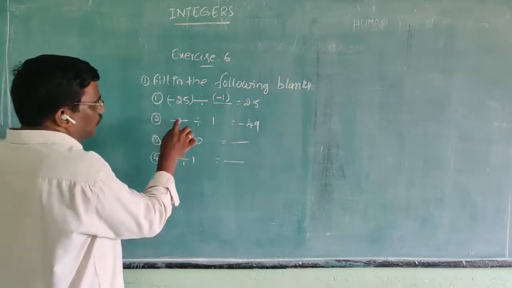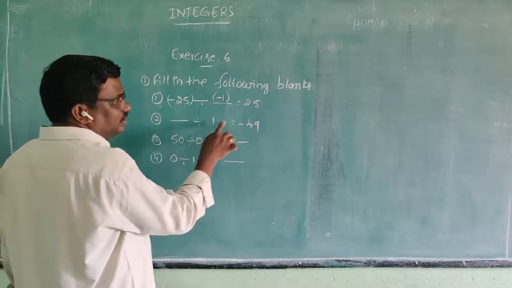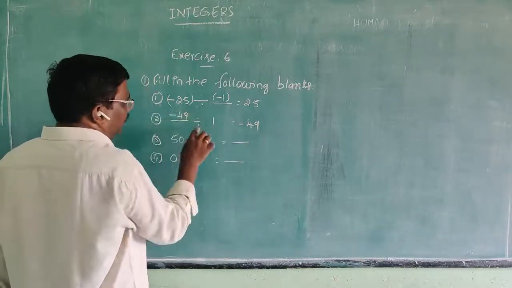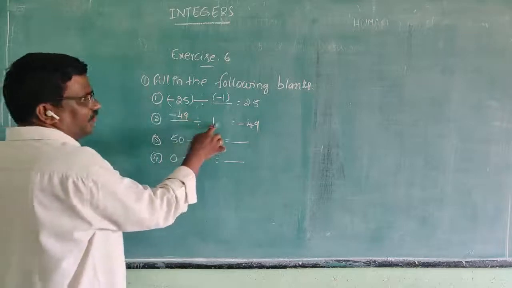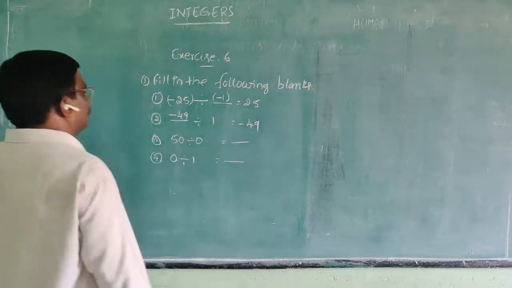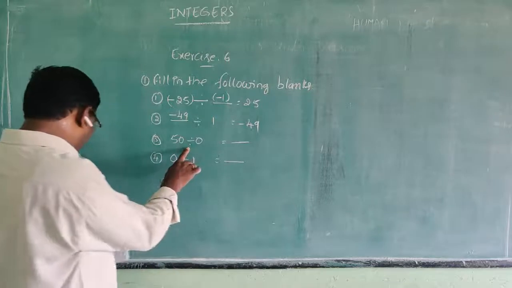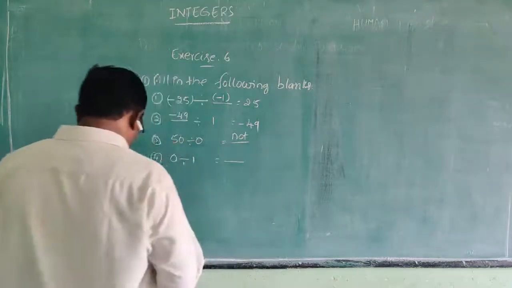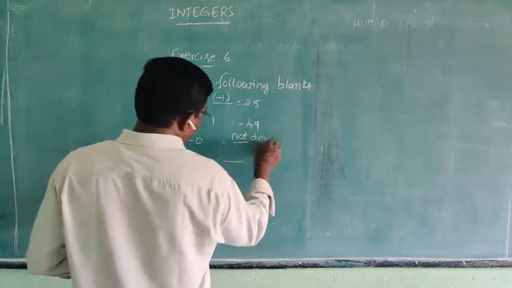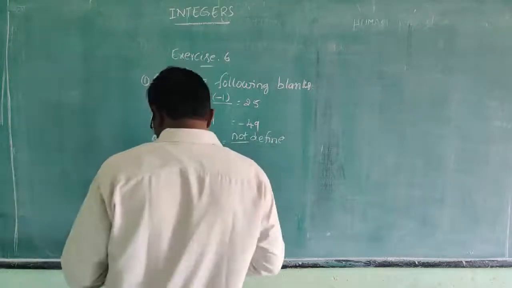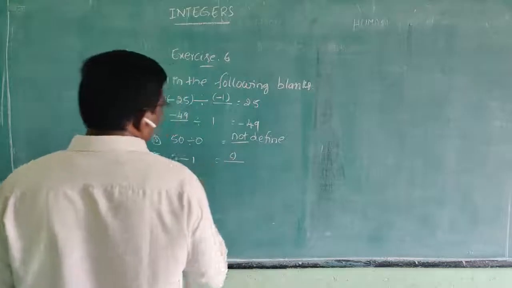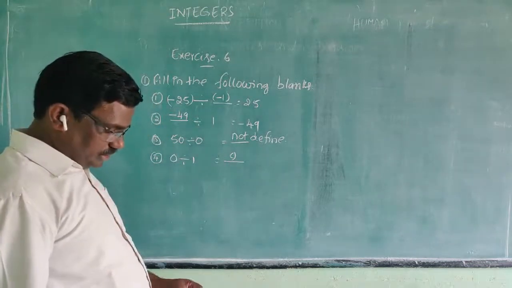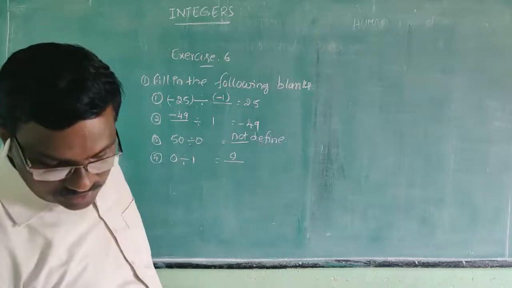Next one, dash divided by 1 equals minus 49. So minus 49 divided by 1 equals minus 49. Then 50 divided by 0 is not defined. Next one, 0 divided by 1 equals 0. So this is the first exercise. Second one,